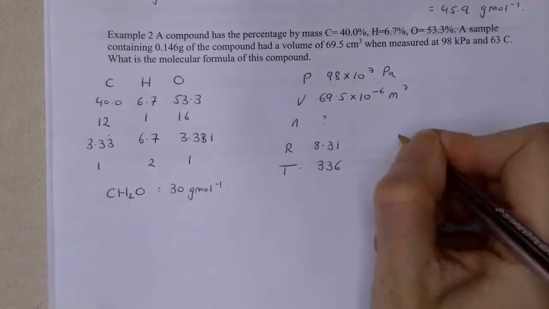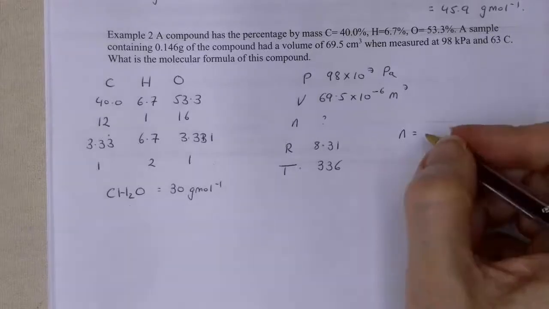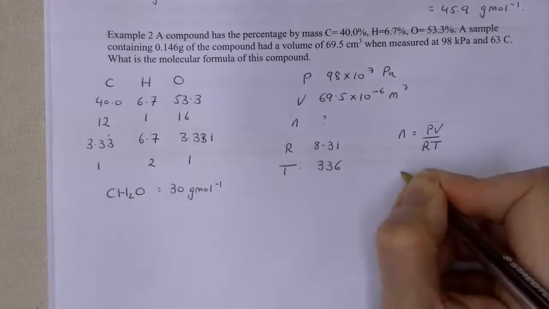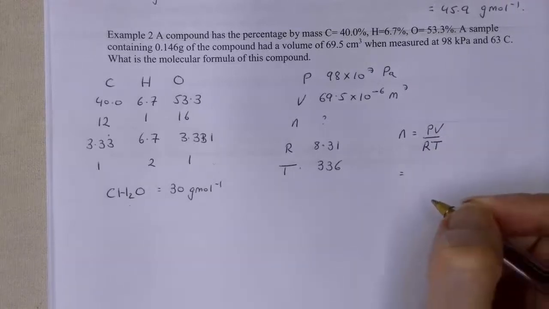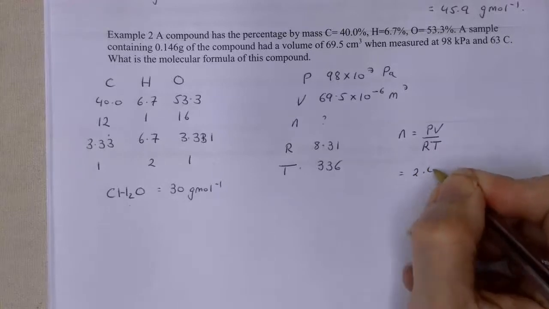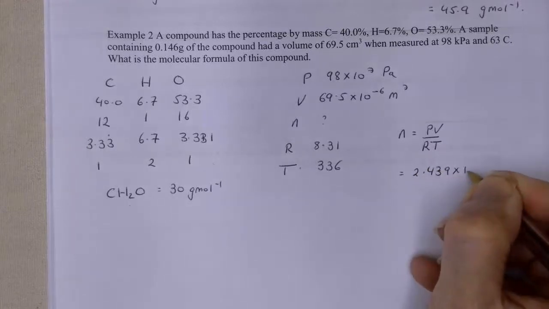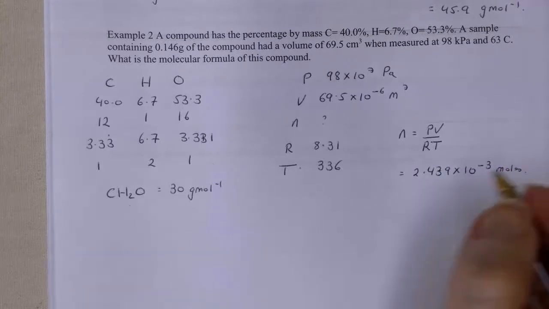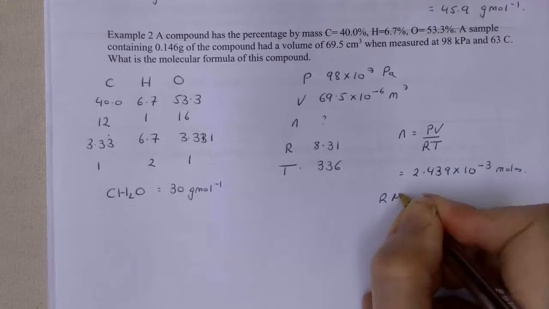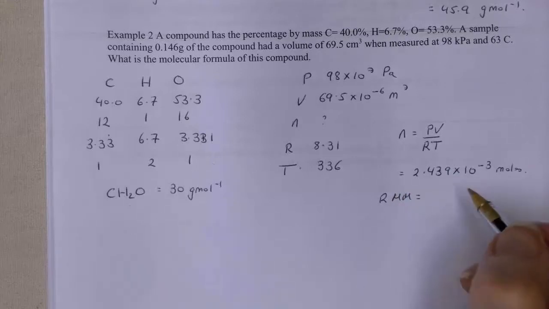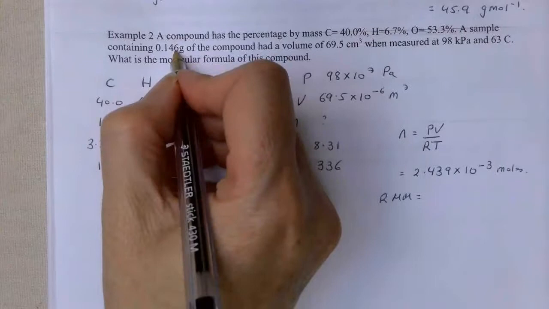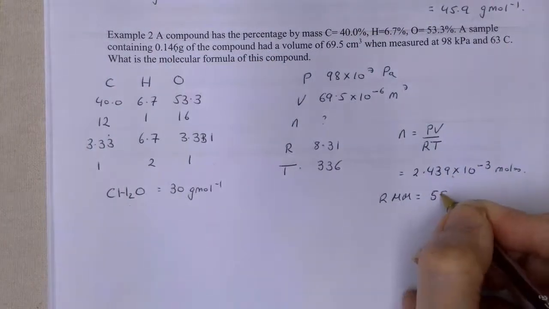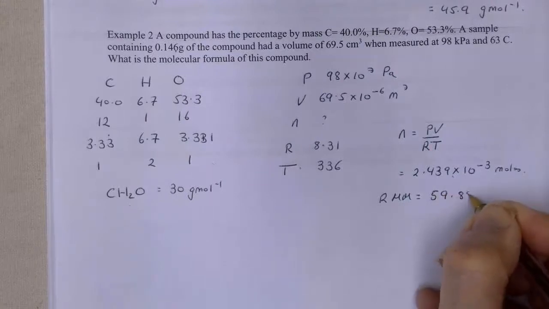So again, I'm just going to stick all of those into my calculator. So n is equal to PV divided by RT. I put those numbers into my calculator and I get 2.439 times 10 to the minus 3 moles. Again, I can work out the RMM because that is going to be grams per mole. I know my grams, I know my moles, so I can work that out. And I get 59.85